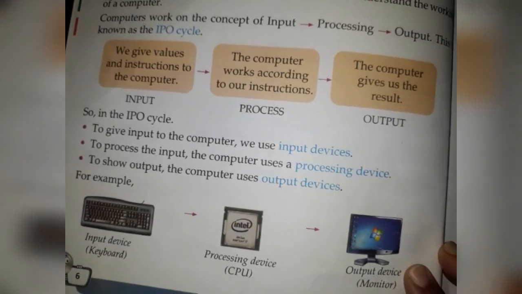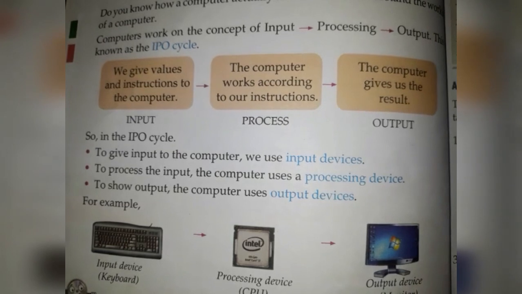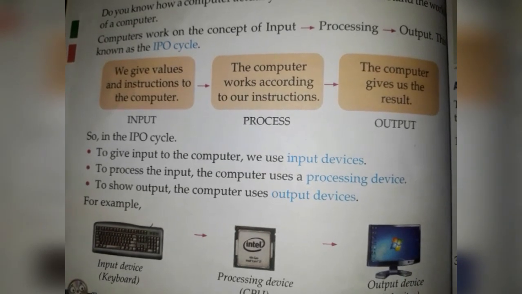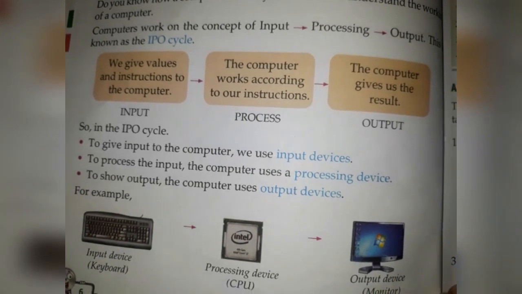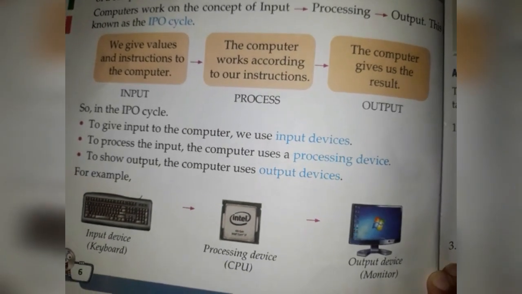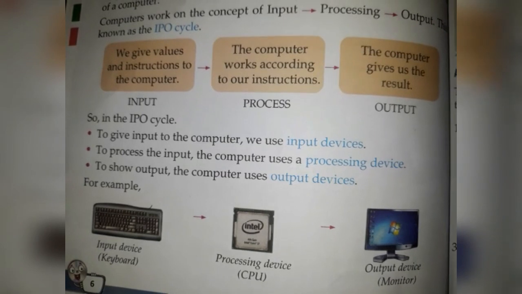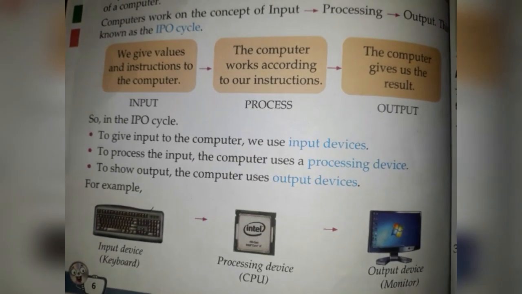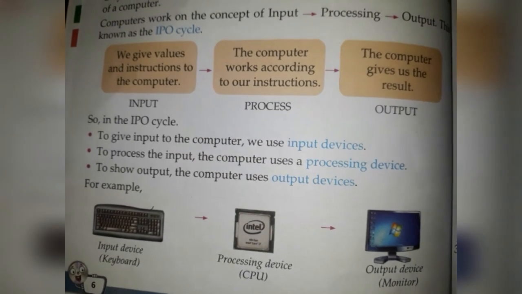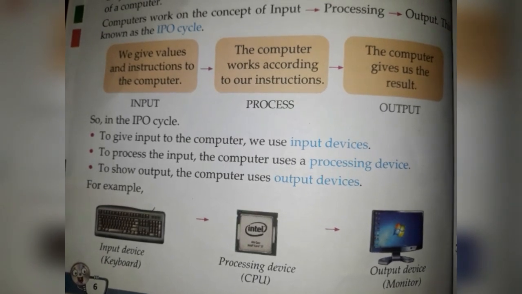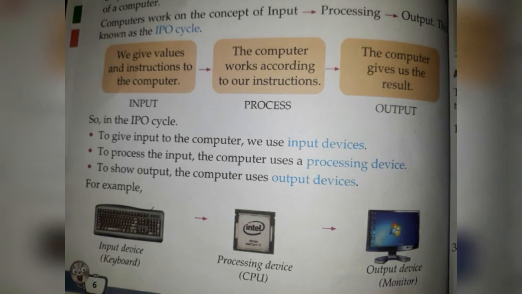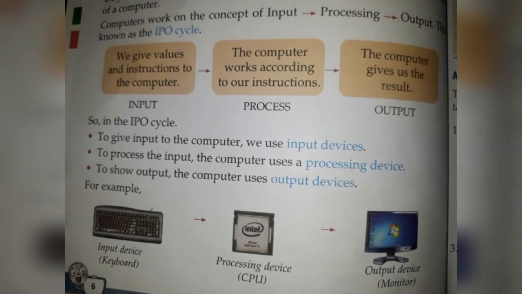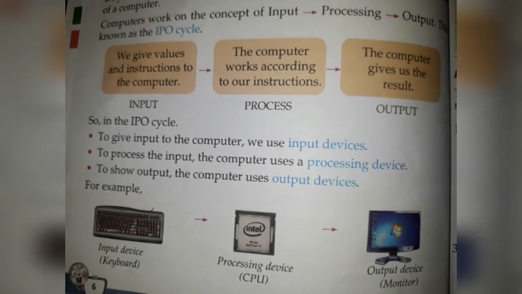Now for displaying our result we need some output devices. Yes, what can be the output devices that a computer has? Yes, the monitor is the output device that a computer has. We see our result after feeding the input and the computer processes it, and we see all the results on the screen, on the monitor. So this is the output device of a computer.